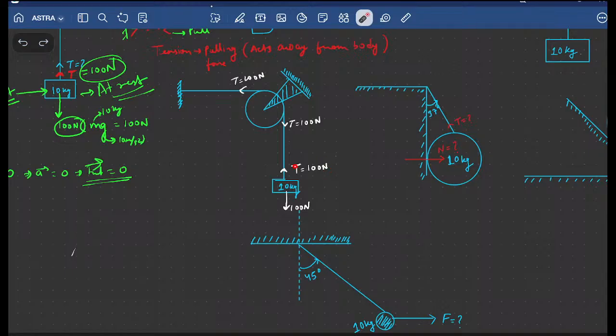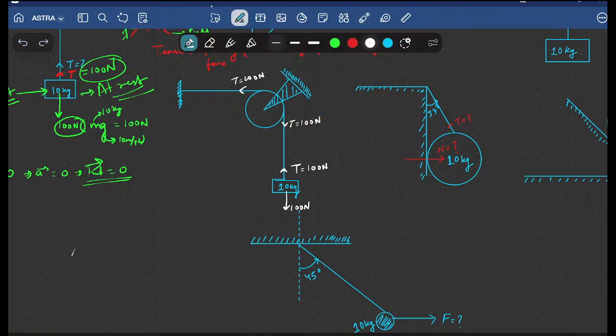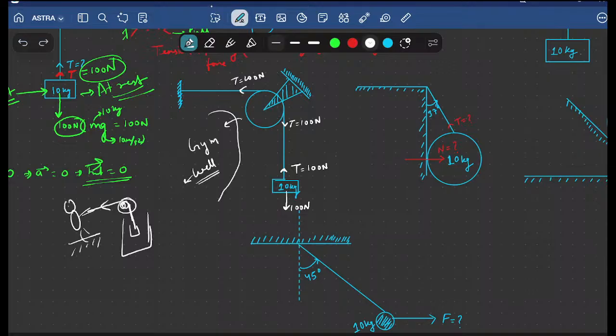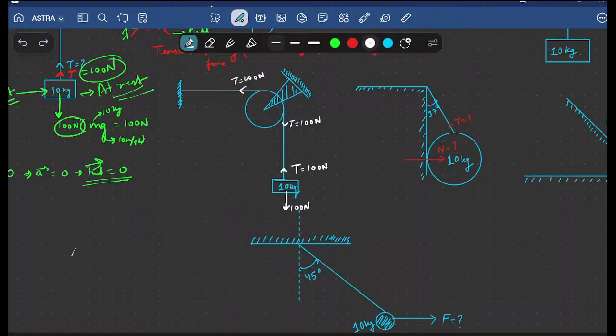Similarly, if here there is 100 Newton, here it is also 100 Newton. Same thread, same tension. Always remember, same thread, same tension. When I am talking about massless or light threads, same thread means same tension, because the thread doesn't have its own mass, so it would not contribute to the total weight. Since the thread itself has no mass, it won't contribute to the force. So same thread means same tension. So here it is also 100 Newton, here it is also 100 Newton.